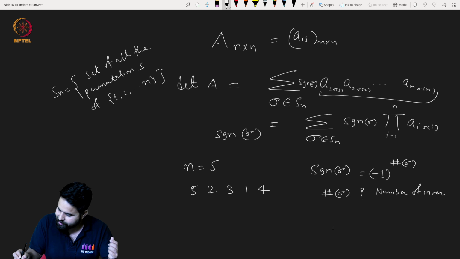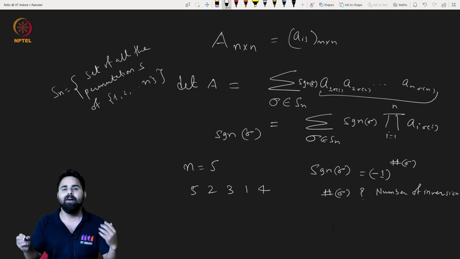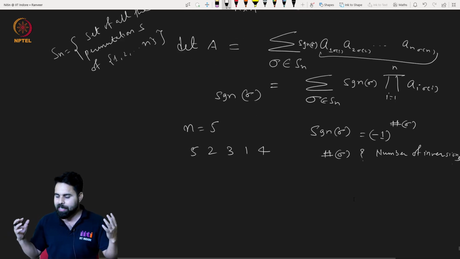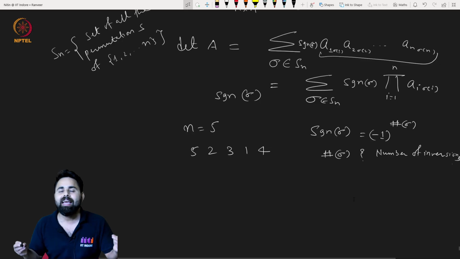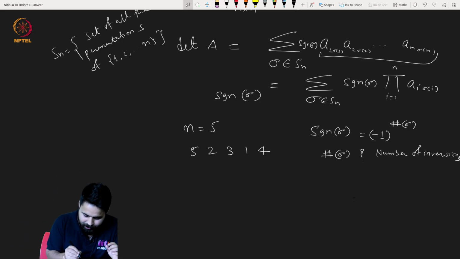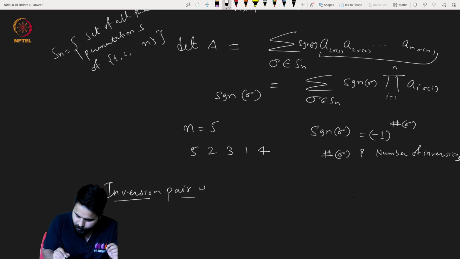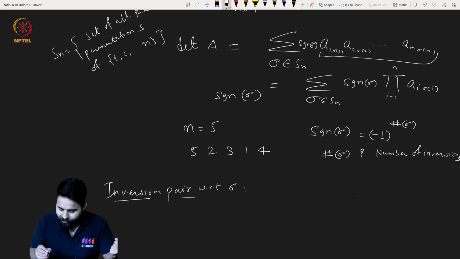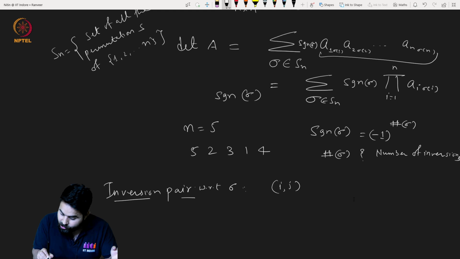What do we mean by inversions? In order to tell what we mean by the number of inversions, let us see what we mean by an inversion pair. Let me define this inversion pair with respect to sigma. A pair of elements i and j is called an inversion pair